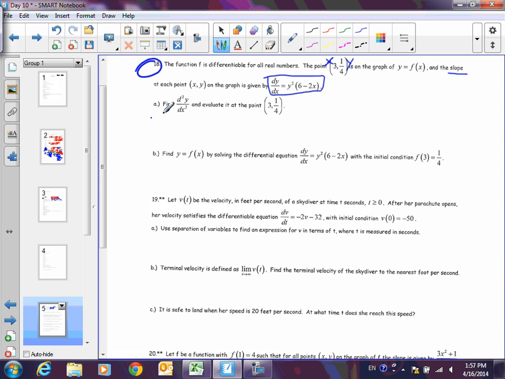So part A is asking us to find d squared y over dx squared, which really is just the second derivative. We're going to evaluate it, but first we've got to find the derivative. So we've got to derive this part right here. What rule am I going to have to use to derive y squared times 6 minus 2x? Product rule. So the derivative of y squared would be 2y dy over dx, then just the second term, plus,